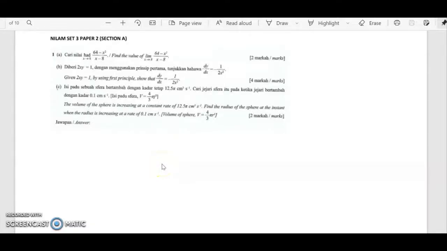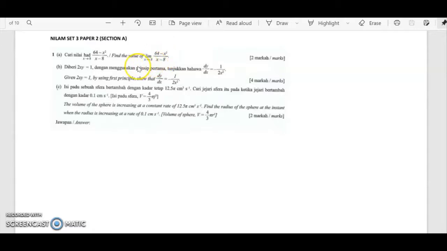Okay, as promised, we will discuss paper 2 section A, NILAM set 3. First question is find the value of limit of x approaching 8 for the (64 minus x squared) over